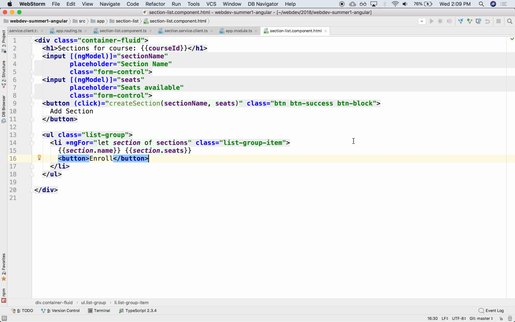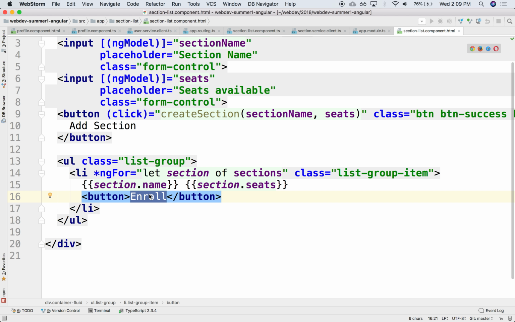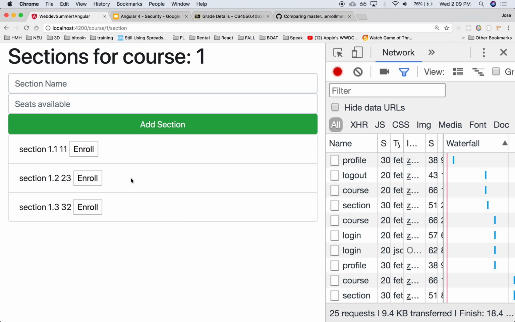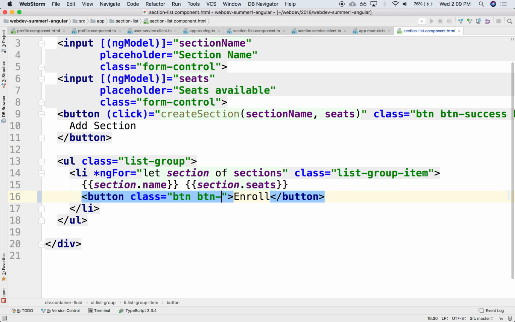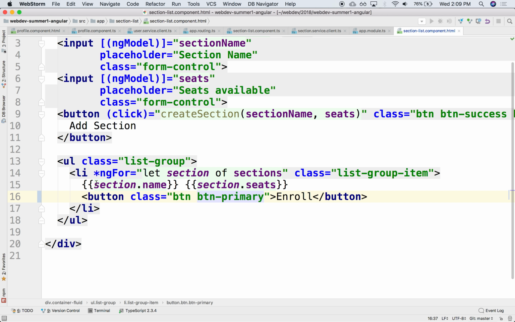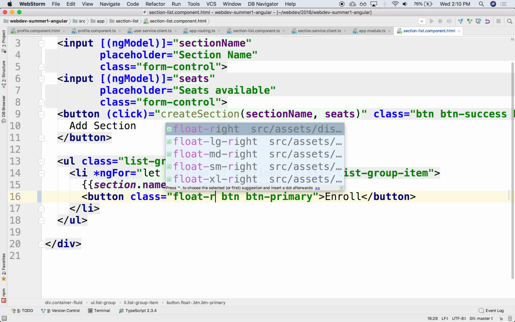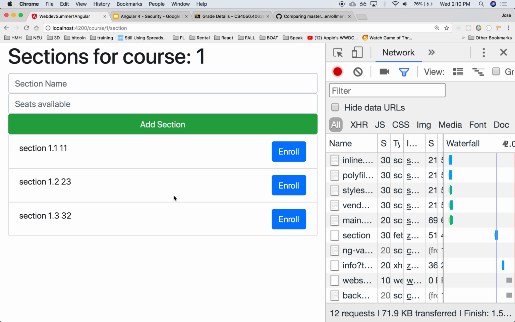Here we have the enrollment button. See that? That's the enrollment button. That ugly enrollment button. Let's make it a little prettier. Let's do class, and this is a btn, and let's do primary. So it's nice and blue. So it renders in blue, and maybe we can push it all the way to the right-hand side. We can say float to the right. These are all classes in the Bootstrap